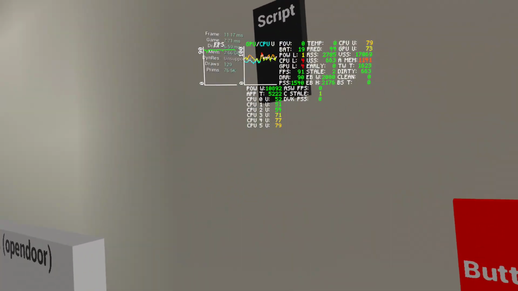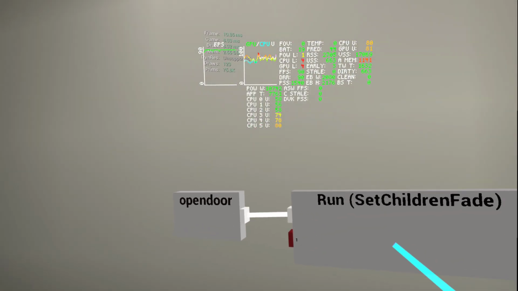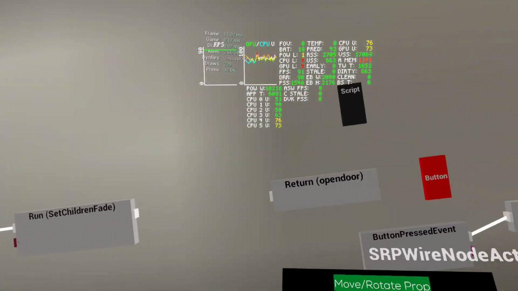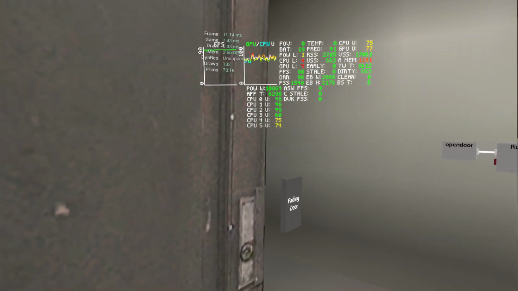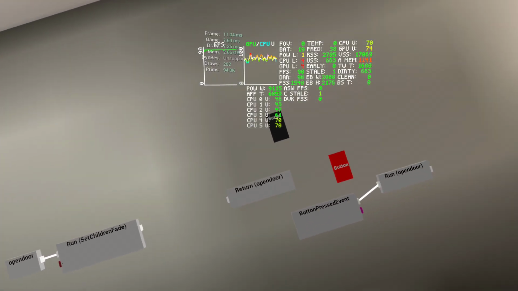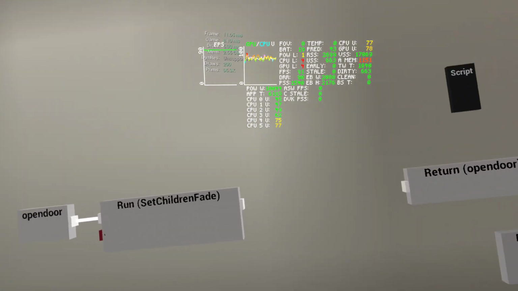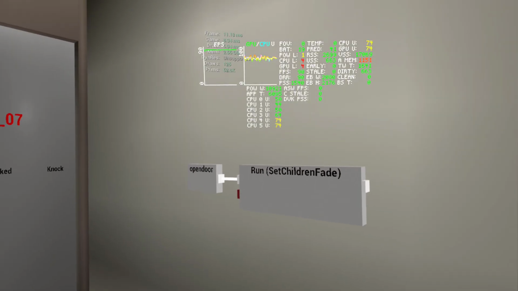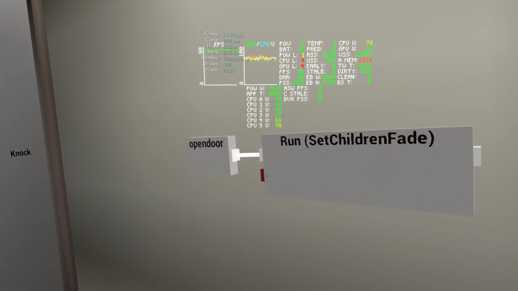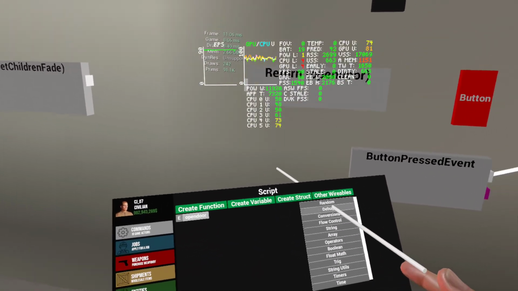But let's say we wanted a traditional fading door. So basically, if you wanted a traditional fading door, the logic goes that when you press a button or a keypad, it fades, and then about 5 seconds later, it goes back to being normal like this. So to do that, you're going to need a timer. A timer, basically what it does is you tell it to, in 5 seconds, call a timer event. So if you click script, open logic palette,